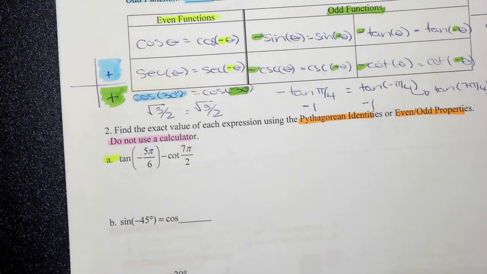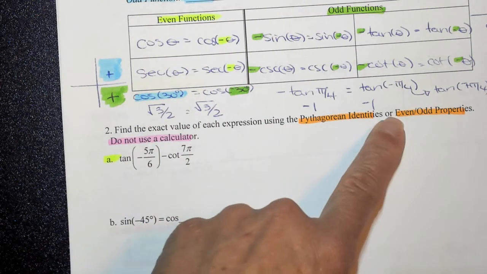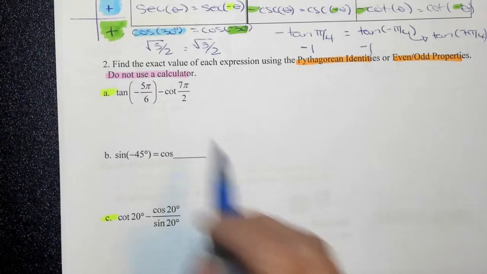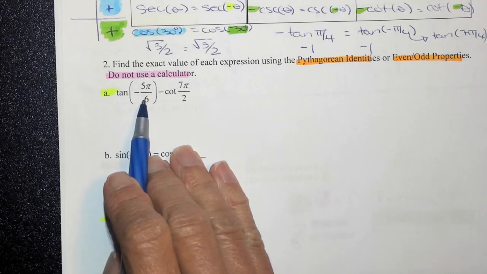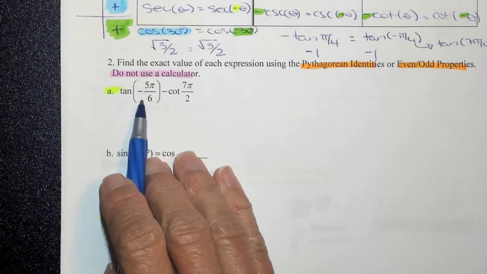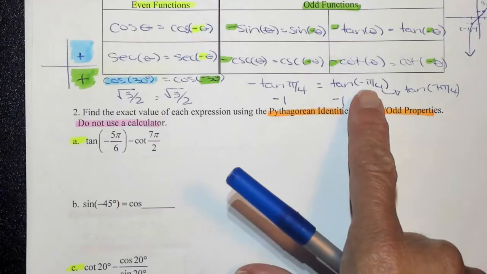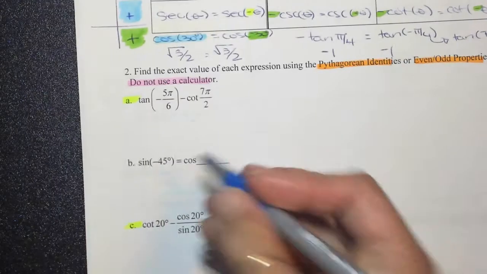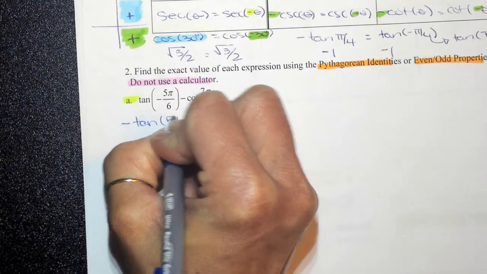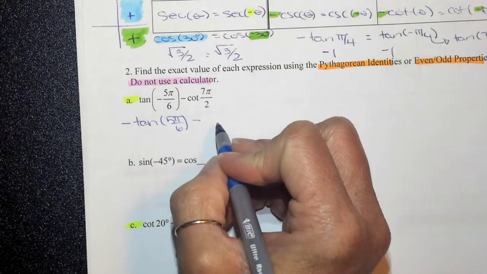All right, so here it says find the exact value of each expression using Pythagorean or even odd properties, and we can't use a calculator. So we have the tangent of -5 pi over 6 minus the cotangent of 7 pi over 2. So first of all, this negative's on the inside, so because tangent is an odd function, that means I can take the opposite of the value of the tangent of 5 pi over 6, and I will subtract the